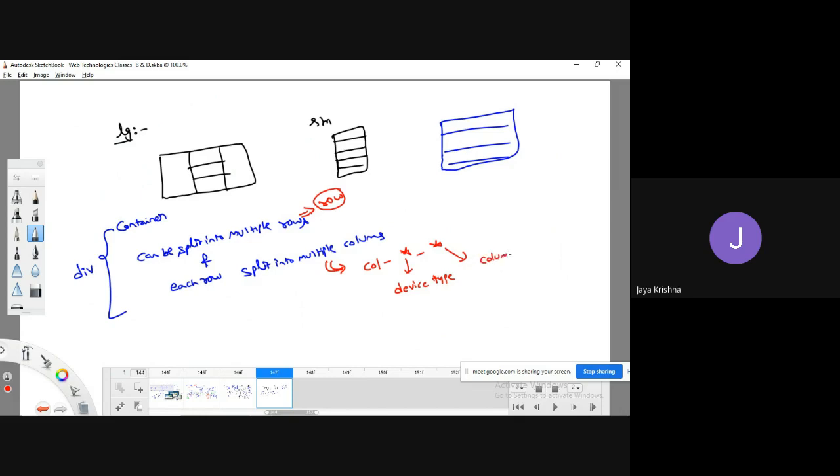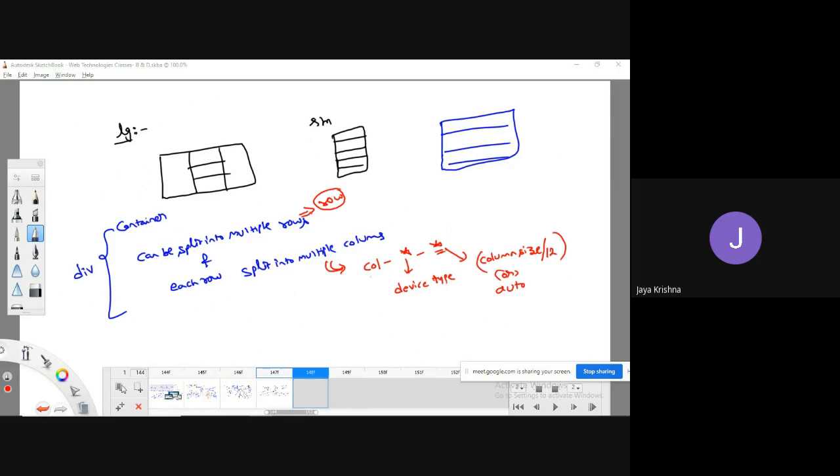This defines the column size. Meaning that whether you want a single column, whether you want to concatenate 4 columns, or whether you want to combine 6 columns, meaning that out of 12 columns, how many columns you would like to concatenate. If you didn't define, it will be considered as a single column. Or you can go for a value called auto, meaning that based upon the type of content that you have inserted in this column, it is going to extend its size.